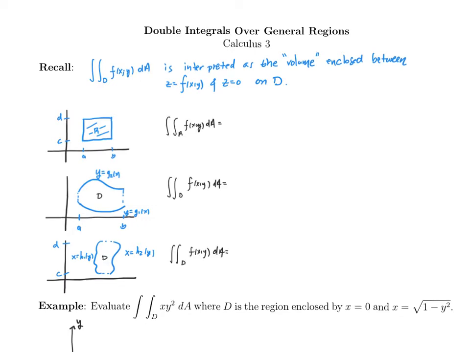For the first region we have sketched, this is the absolute most ideal scenario we will ever encounter, a rectangle. And when we're setting up a double integral over a rectangle, we have a lot of freedom. We can, for example, decide the order of integration that we would like to use, and if the function we are integrating separates into a function of x times a function of y, we can even break it up into a product of single integrals. In this case, I'll just go ahead and simply put x on the inside, y on the outside, so x from a to b, y from c to d. But of course you could change that direction if you prefer,